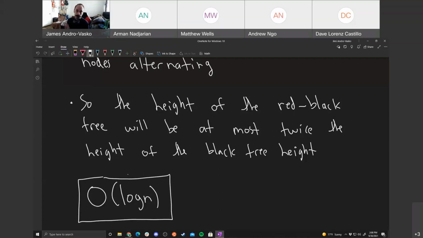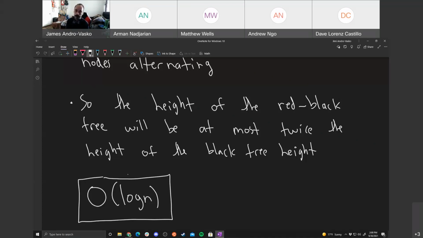But the real difference is that with red-black trees, you only have to maintain just a Boolean 1 or 0 for red or black. So you don't have to maintain an actual integer value that stores the height of that tree. Think about it: if n is very large, then the height can be very big as well, and the height will be log of n, so we may have to use an extra log n amount of memory for every single node. Whereas for a red-black tree, you don't have to waste as much memory,